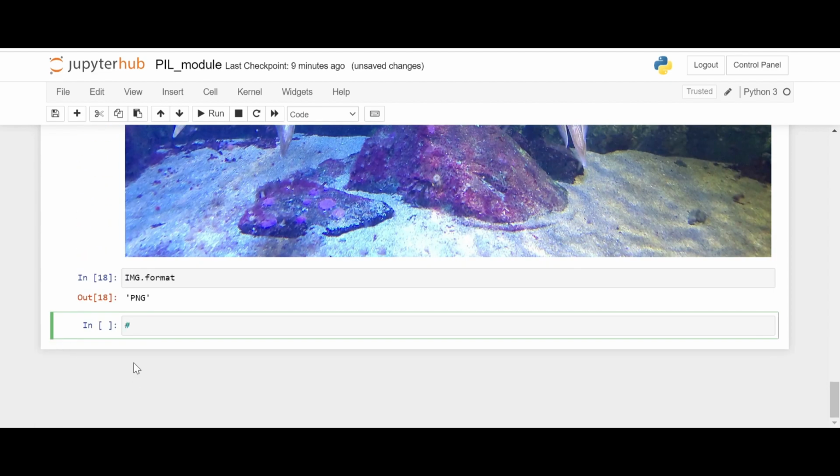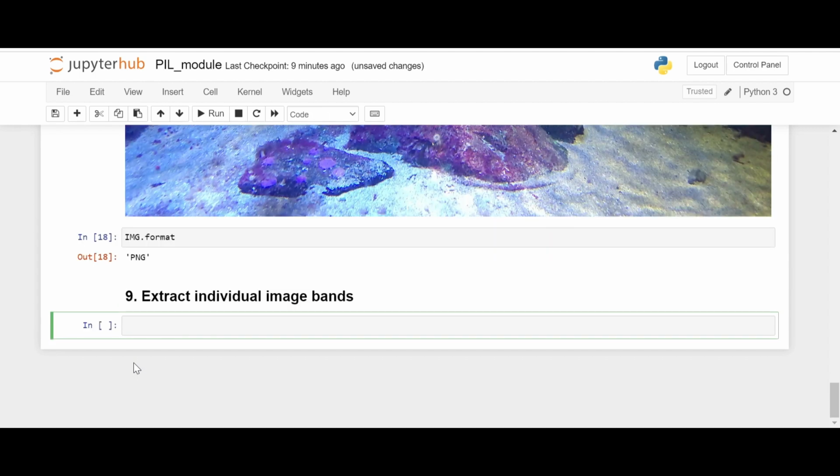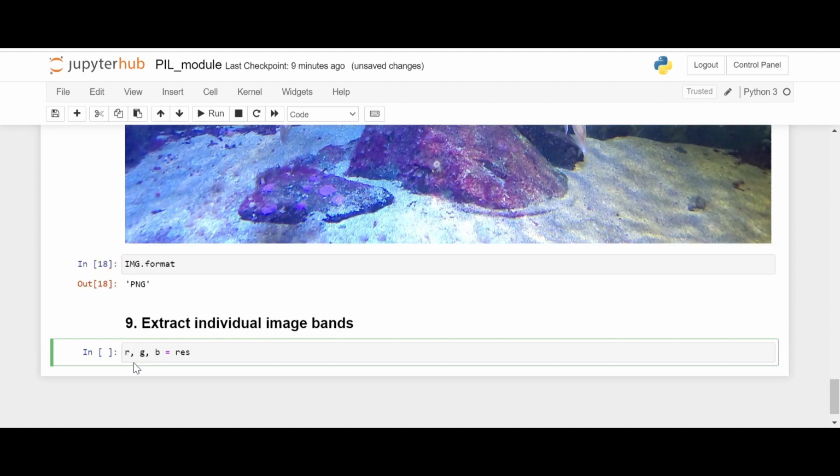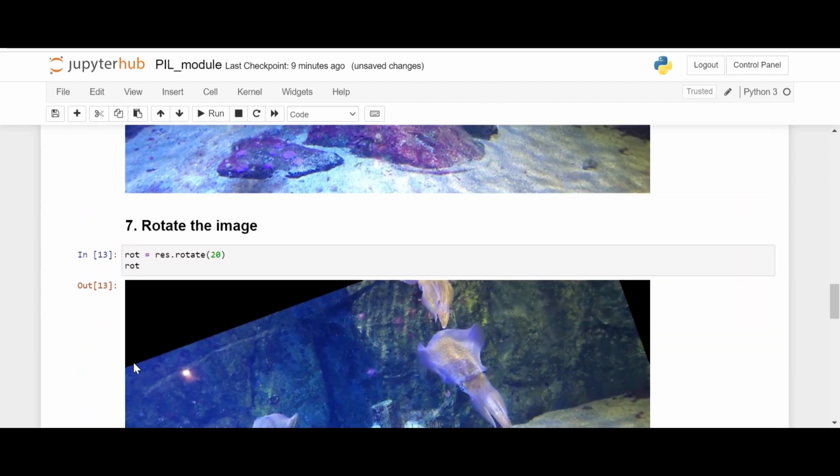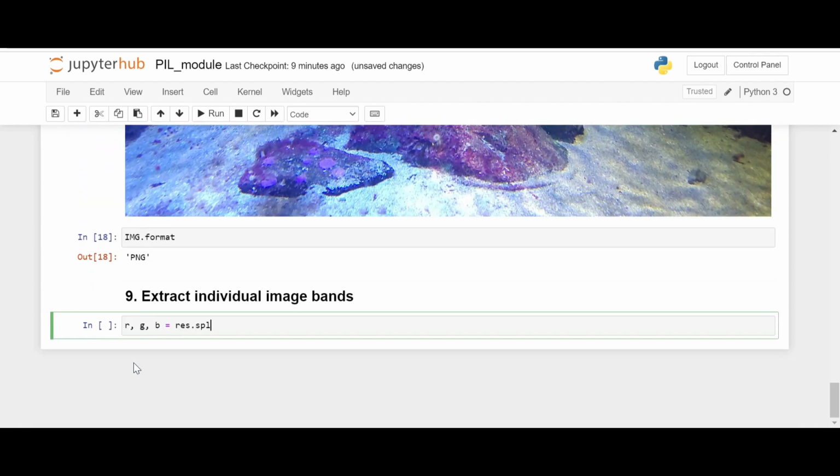Now let's extract individual image bands. So these are the individual image bands. So we can call split,